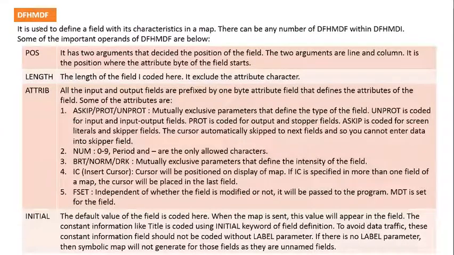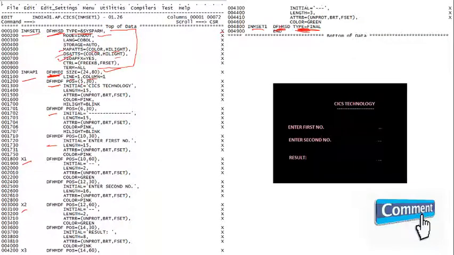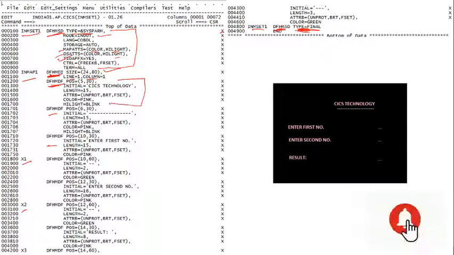The next macro is DFHMDF, which is for a field. It is used to define a field with its characteristics in a map. There can be any number of DFHMDF within DFHMDI. Some of the important operands of DFHMDF are below. The first operand is POS, position. Like there is the DFHMDF macro, and these are the operands we are using.